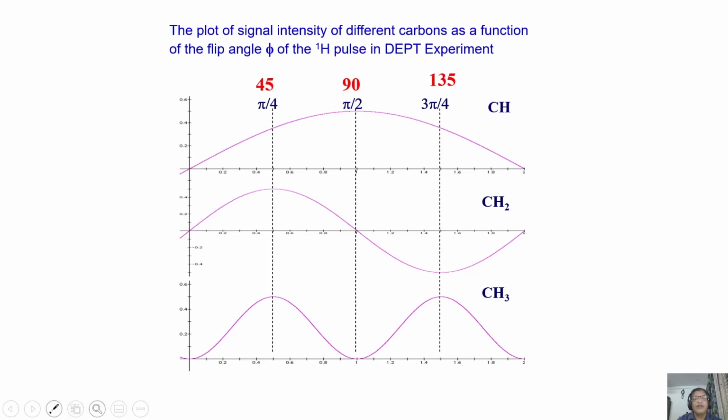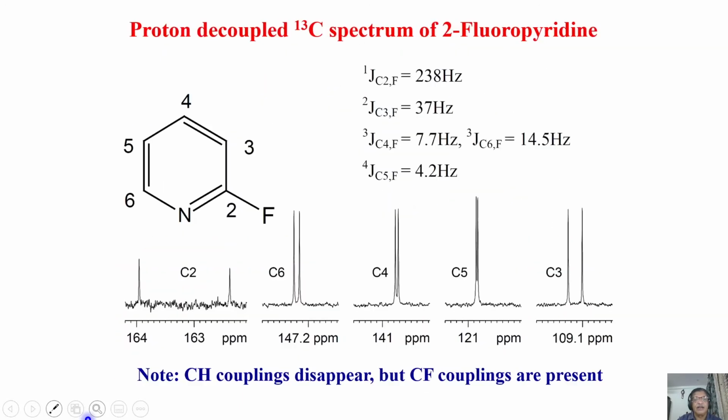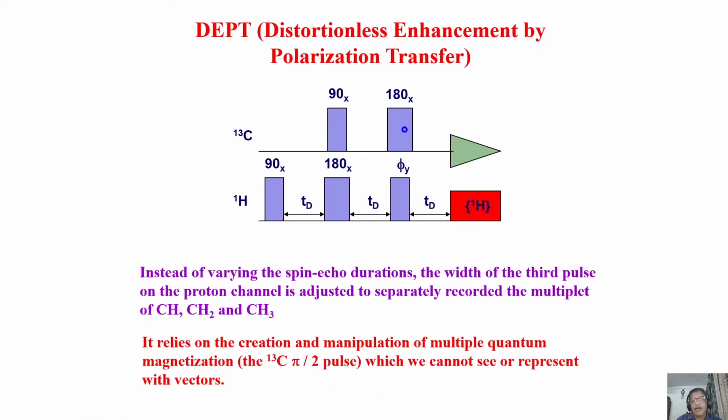Now what we can do is plot the intensity of different peaks, different carbons, as I vary this angle, starting from 1 degree to 5 degrees, 10 degrees, in steps of 5 degrees, and keep on varying. I have a molecule which contains CH3 carbon, CH2 carbon and CH carbon, all the 3. Let us say I assume I have it.